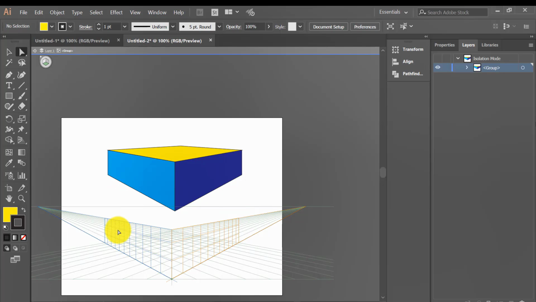Well, this is how it actually works. And if I talk about the perspective selection tool, which is Shift plus V, with this you can drag it down or drag it up. It's up to you how you can get the size. This is how it actually works. Well, in my next video I'm gonna discuss about